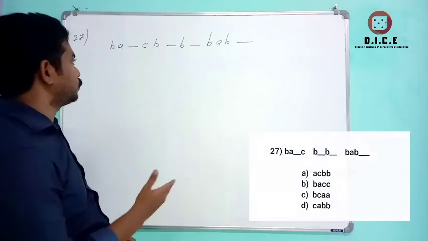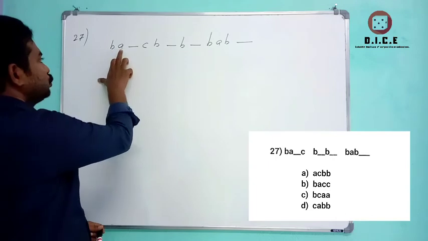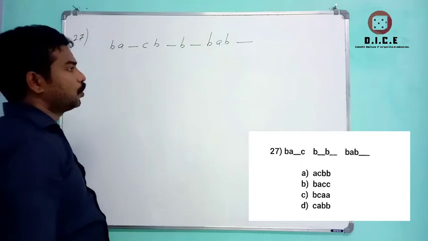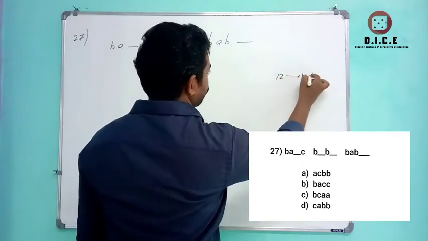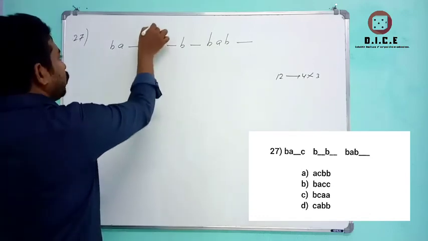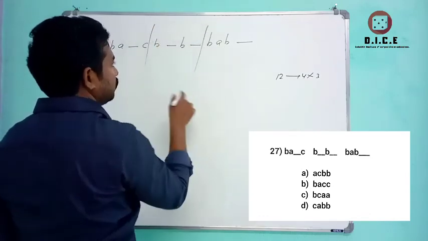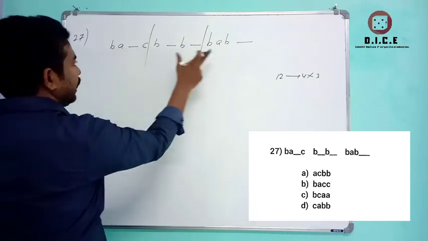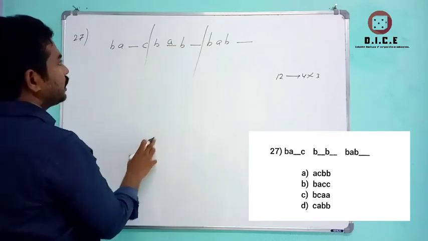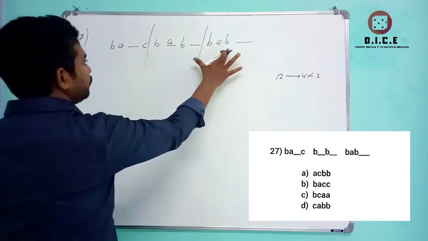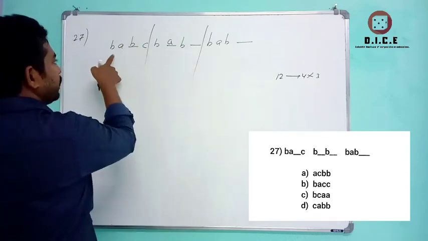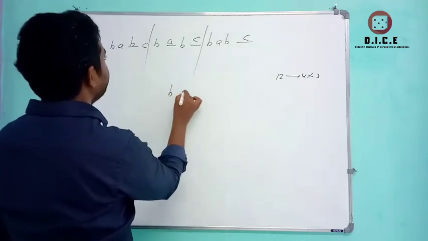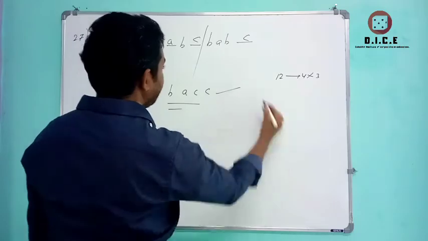Now question number 27 is also similar to question number 26. Count 1, 2, 3, 4, 5, 6, 7, 8, 9, 10, 11, 12, including the spaces. So you got 12, and the factors of 12 are 4 3s, or 3 4s. Now what I am doing is, for every 4 characters, I am segregating this pattern. The first letter is B, the second letter is A. Now I substitute A here. Now the last letter should be C. The third letter is B. Now the pattern is BABC, BABC, BABC. The substituted characters are BACC. The answer is BACC.